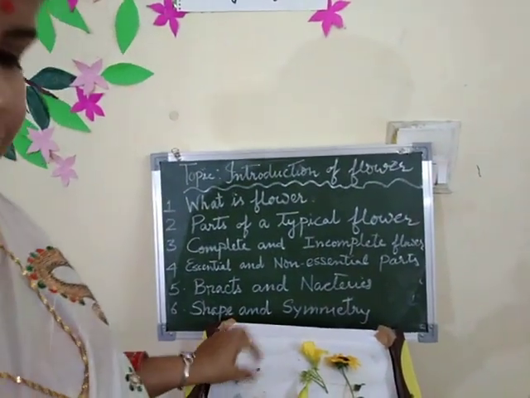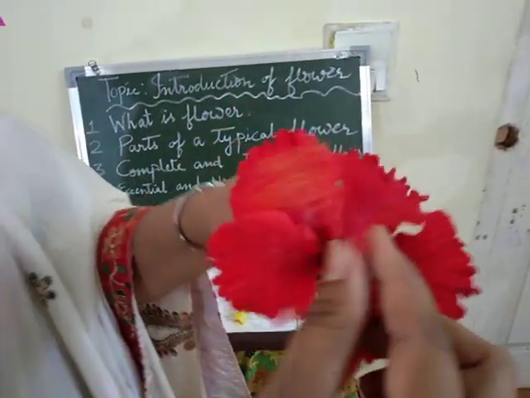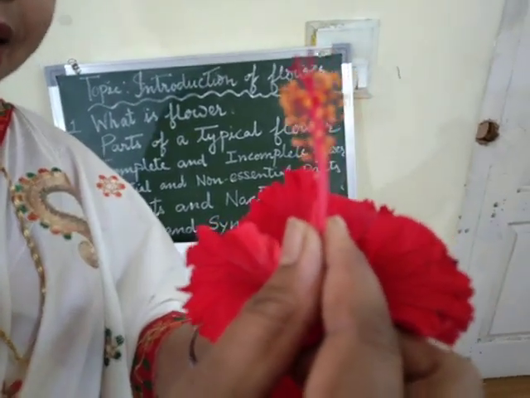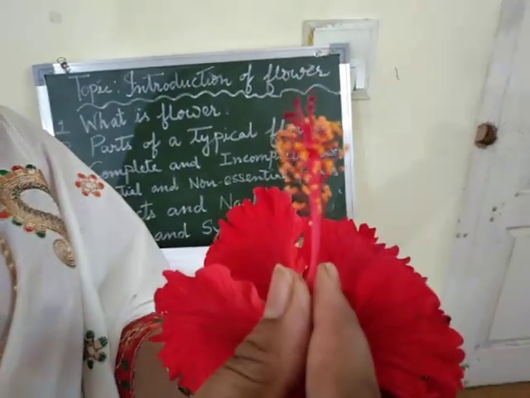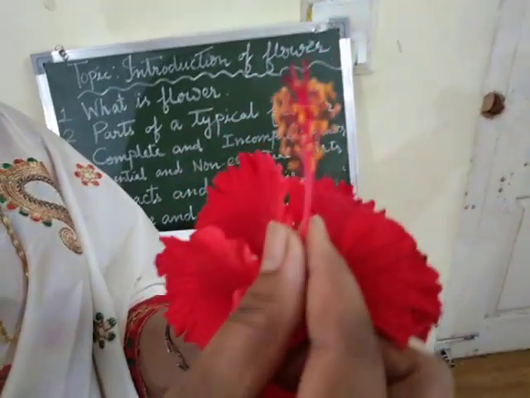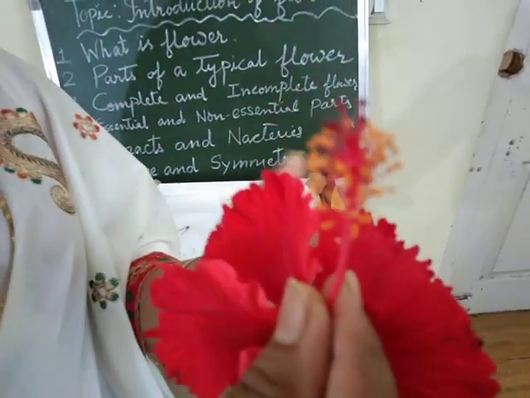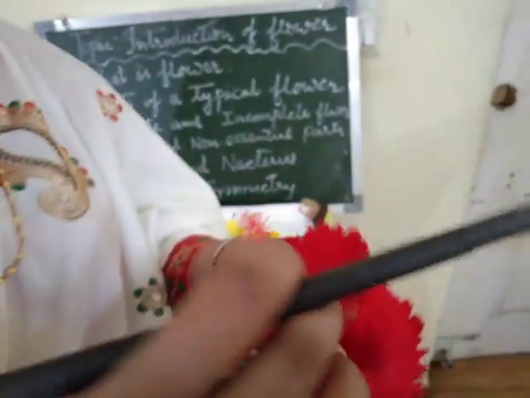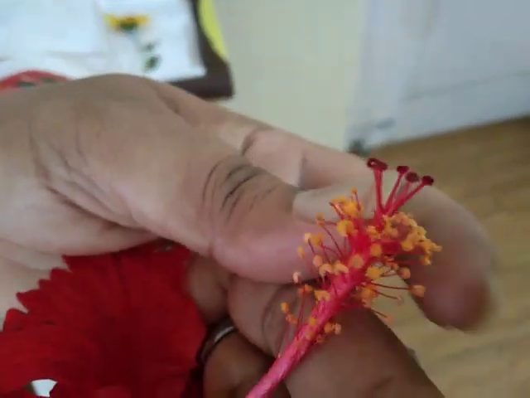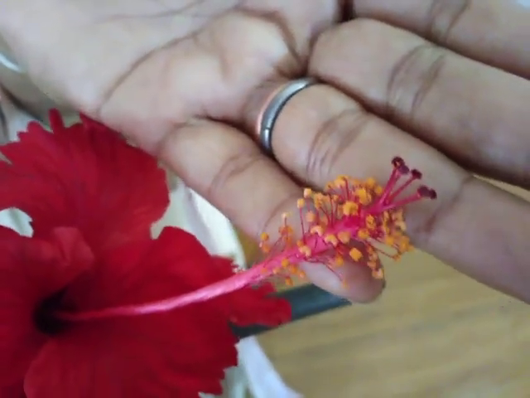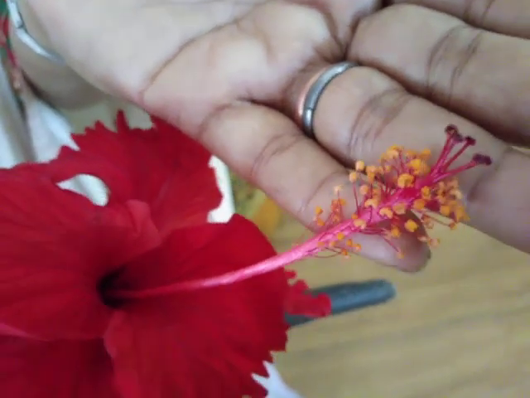Now, number 3 whorl of the flower, this one, where male part or female part. In some flowers, both male and female parts are present together. Hibiscus is a flower where both male and female parts are present. Here, I'll show you. See this part. These are the male portion, that is called androecium. If you touch this part, some powder-like structure will come out. Okay, these are the male part. This is called androecium of the flower, and this is called stamen also.